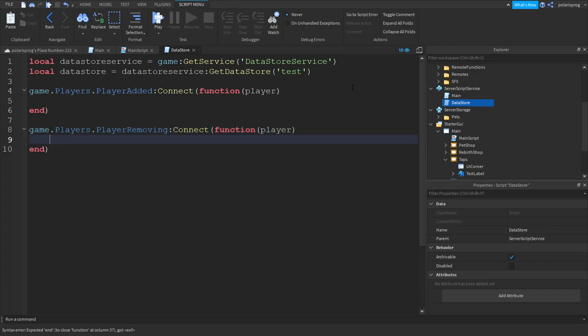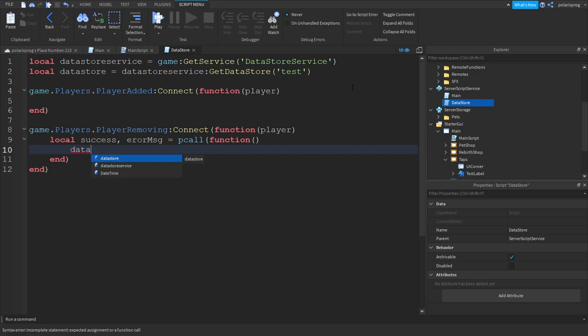and we're gonna do player, and in here all we have to do is do local success, error msg is equal to pcall(function, and we're gonna create a, we're gonna do dataStore:SetAsync, and we're gonna do player.UserId .. "-tabs", comma, player.leaderstats.tabs.Value,